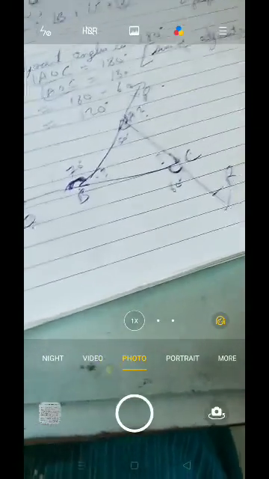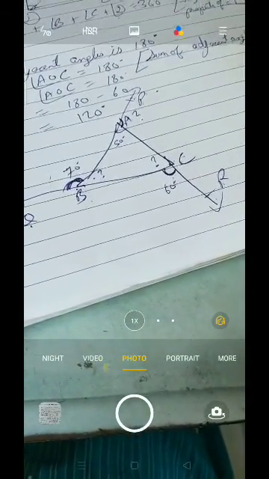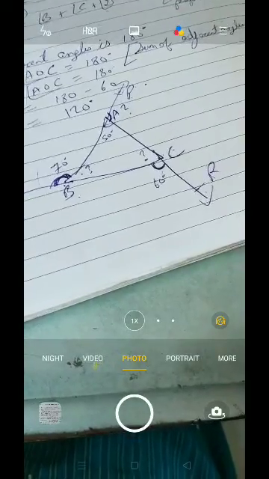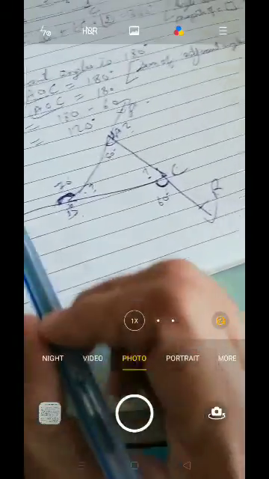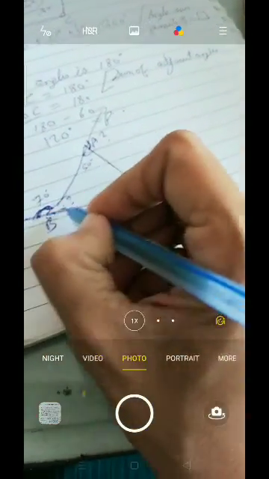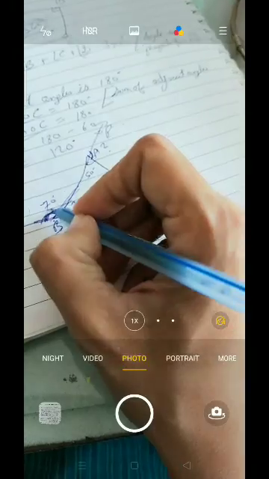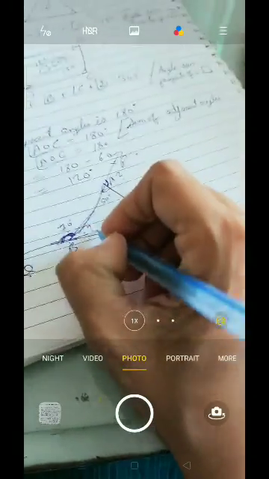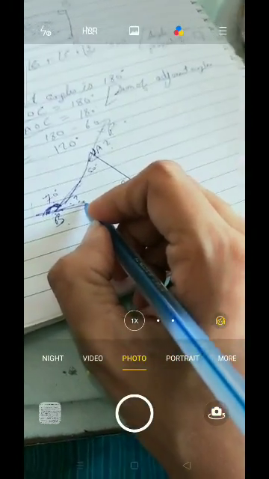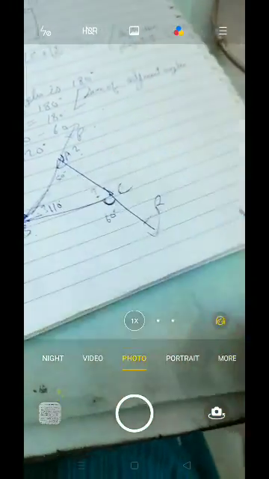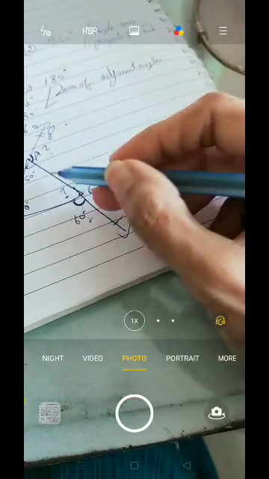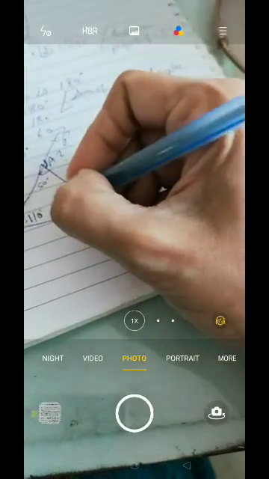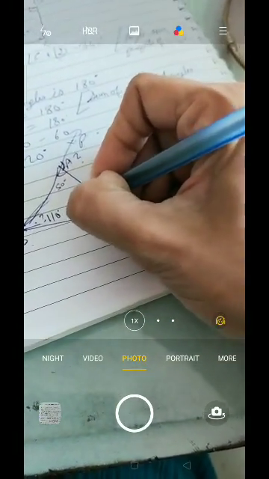You have to use the adjacent property. What is the adjacent property? The adjacent angle property is that the sum of both should be 180. Now let's see over here. Can you see this is forming an adjacent angle? So if one is 70, what will be the other adjacent angle? 180 minus 70, that is 110. Similarly, if one is given 60, what will be the other? 180 minus 60, that is 120.